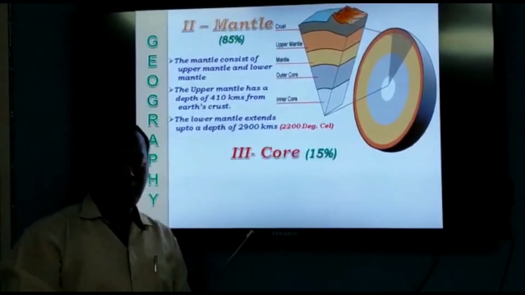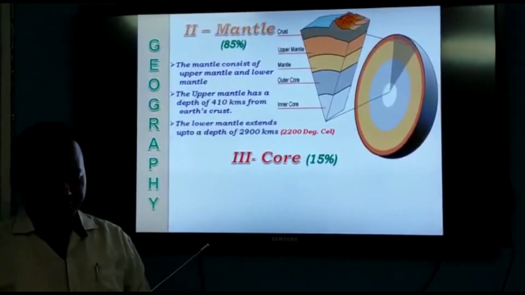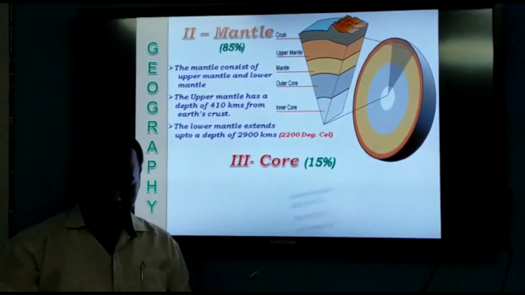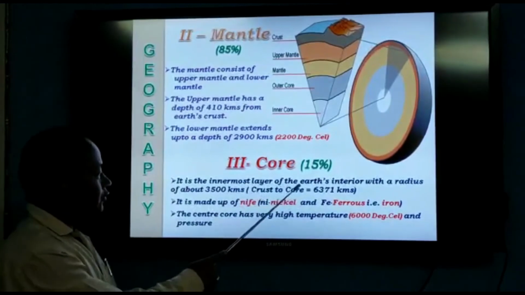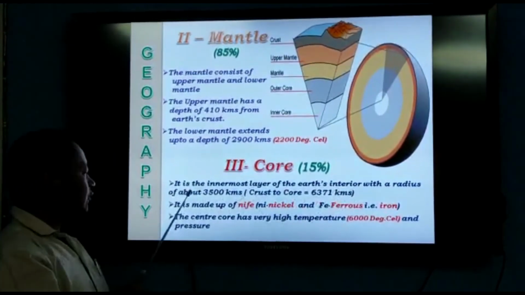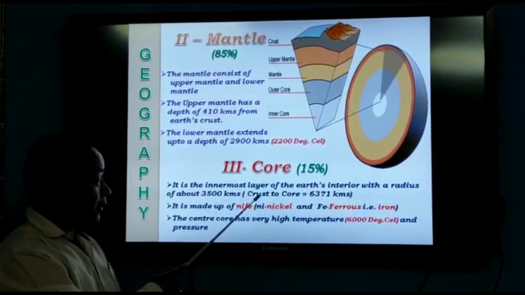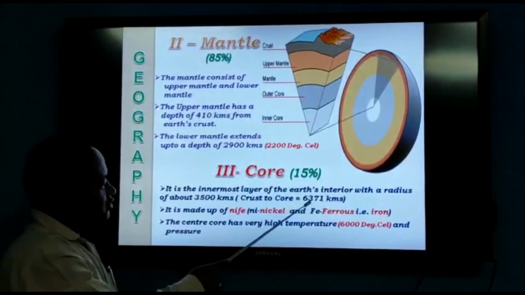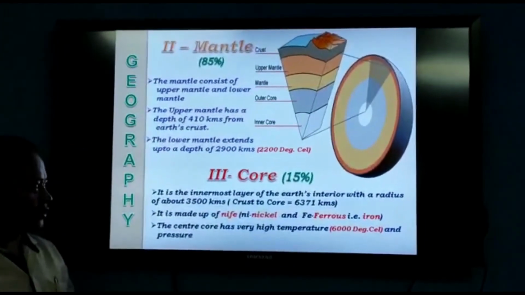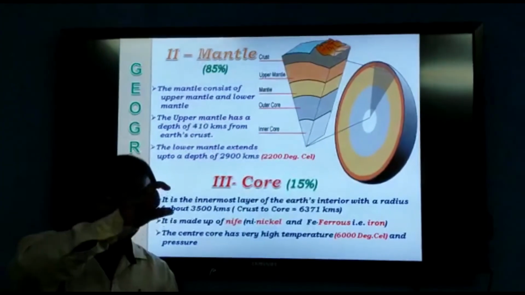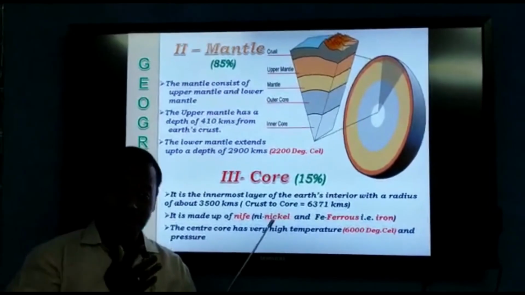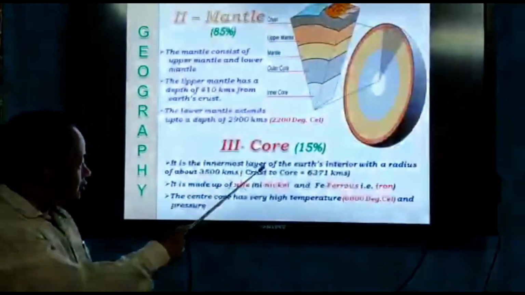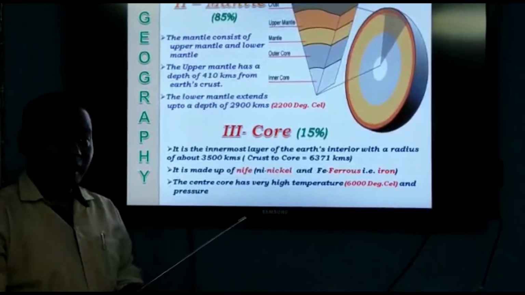So let us see the third layer of the earth, that is the core. The core makes up over 15% of the earth's volume. It is the innermost layer of the earth's interior, with a radius of about 3,500 kilometers. From the crust to the very center of the earth, it is 6,371 kilometers. As I already told you, the crust is made up of sial in the continental crust and sima in the oceanic crust. But the core of the earth is made up of Ni for nickel